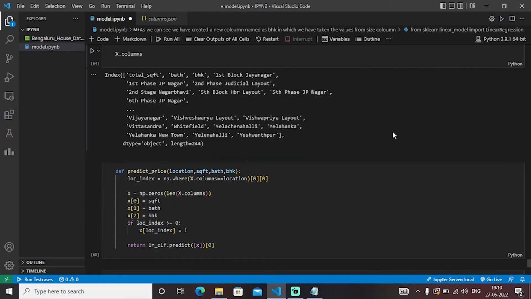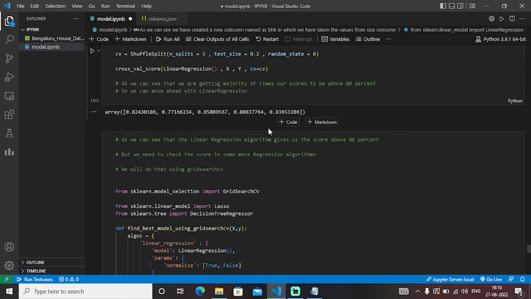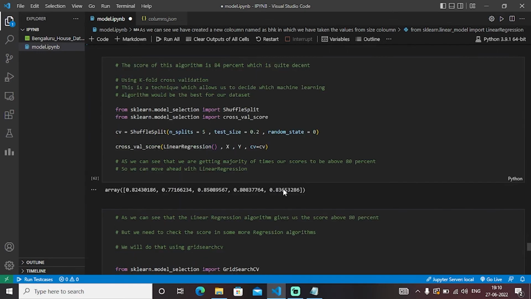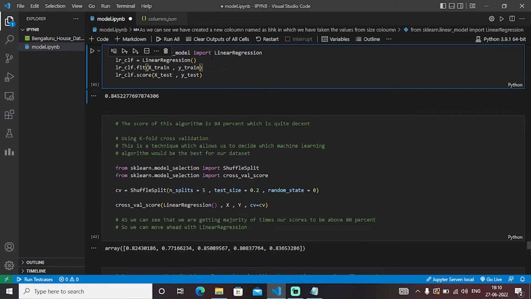So further, as you can see, this k-fold cross validation is used to check the scores of each and every algorithm. Firstly, we have calculated the score of the linear regression algorithm, which comes out to be 0.84, meaning 84%. The score of this algorithm is 84%, which is quite decent. K-fold cross validation is a technique which allows us to decide which machine learning algorithm would be the